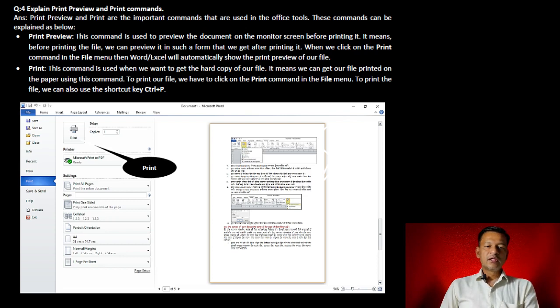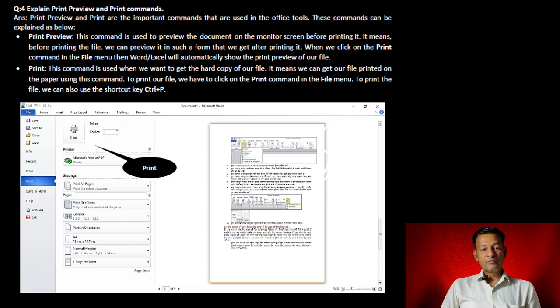Fourth question, explain print preview and print commands. So let's start the answer. Print preview and print are important commands that are used in Office tools. These commands can be explained as below. Print preview. This command is used to preview the document on the monitor screen before printing it.